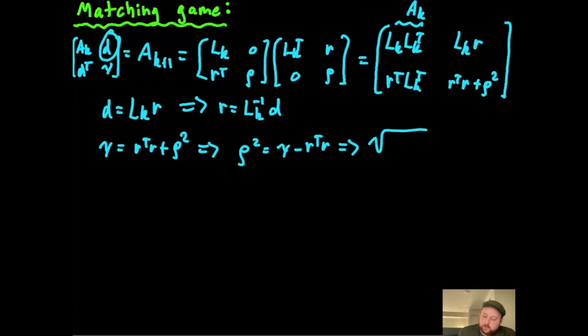So this will give us rho is equal to plus or minus the square root of gamma minus R transpose R. And you can just pick one. Let's pick the positive one. Okay, so,